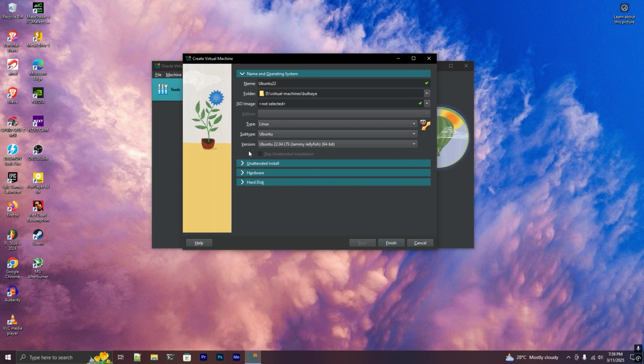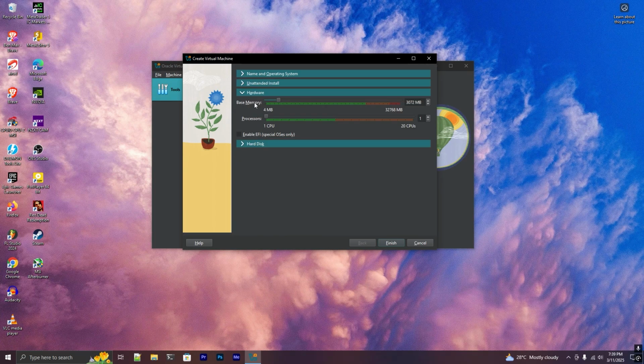And after that, go to the hardware section. Here you can select the memory allowed for the virtual machine. So I select 16 GB memory, and you can select the processor count allowed for the virtual machine. So I select 4,